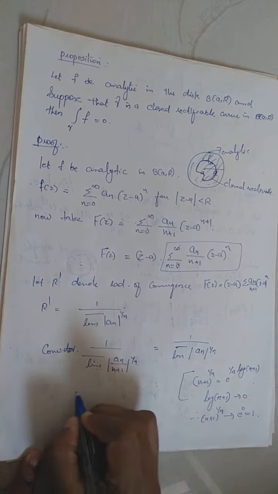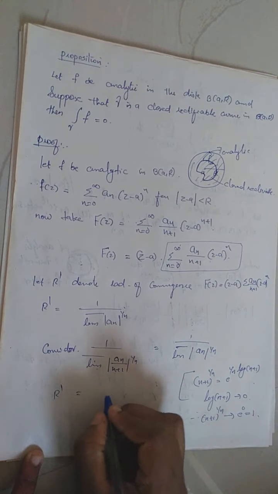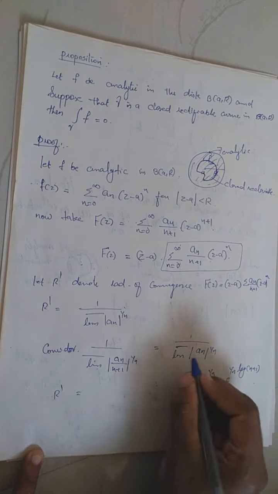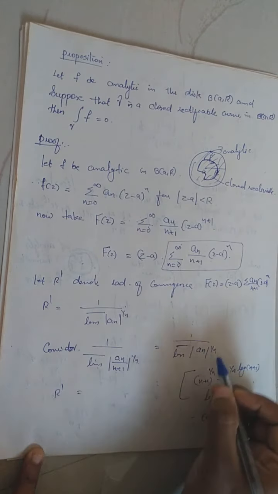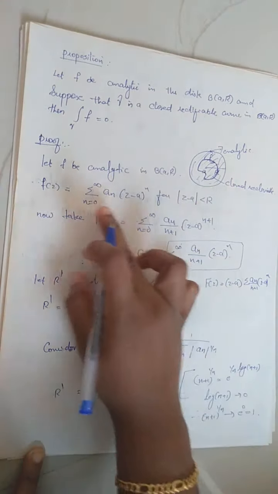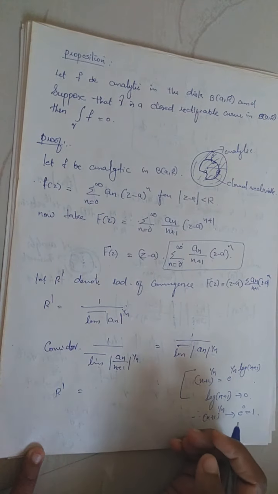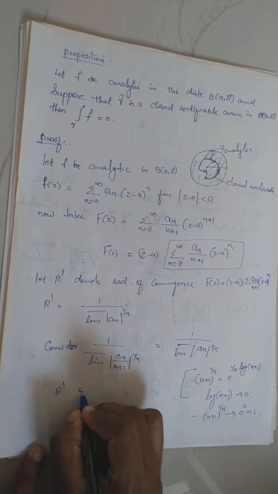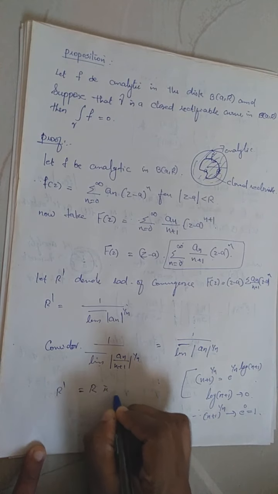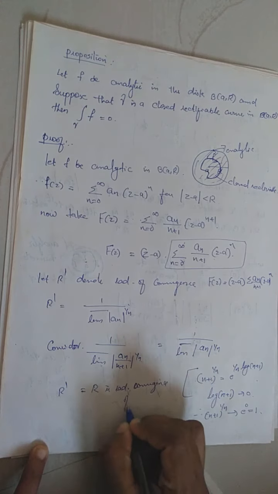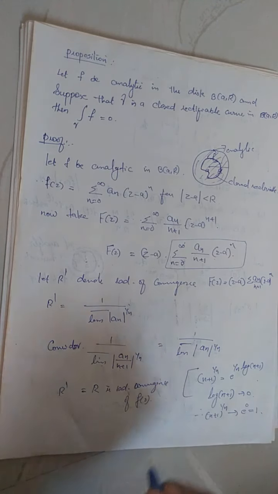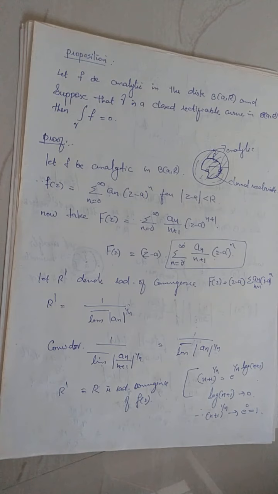Right, which implies R dash will be nothing but 1 by limit supremum of mod a_n raised to 1 by n, and this is the radius of convergence of the given series f(z). Which is equal to R, that is the radius of convergence of small f(z). So now we get that the radius of convergence of small f(z) and of capital F(z) are equal, or the same. Which implies